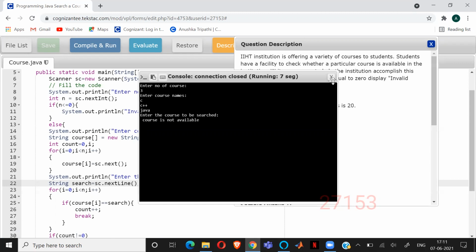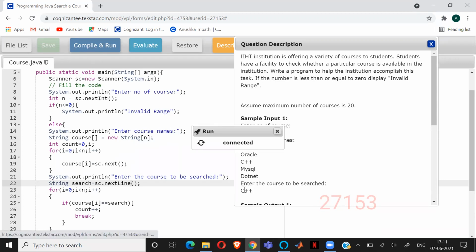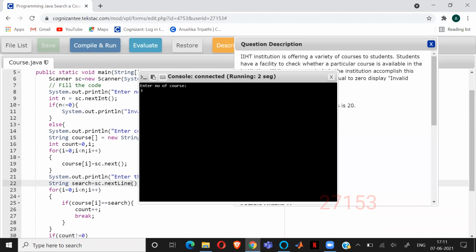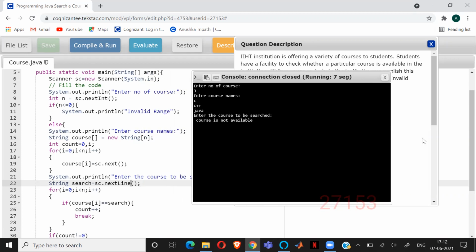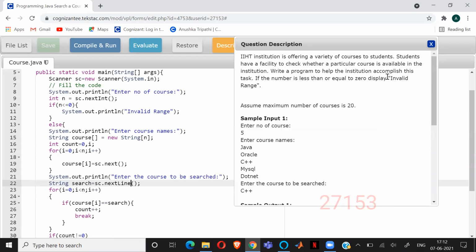Yeah, that's what happens when I put nextLine. Enter the course to be searched. Course is not available. Why is it coming? Okay, can you share this code? I just want to see it. No, otherwise I cannot copy it.